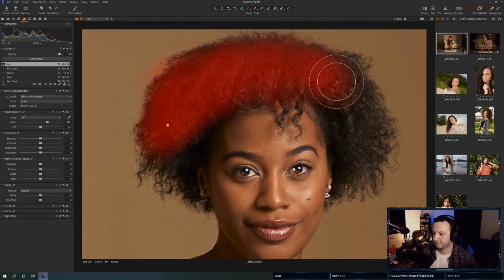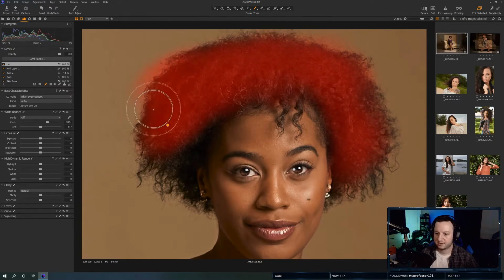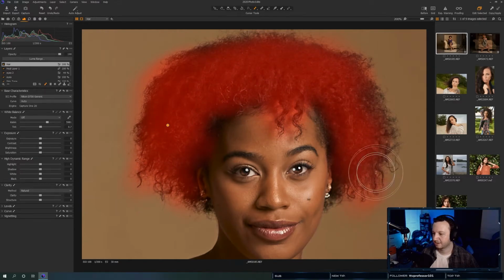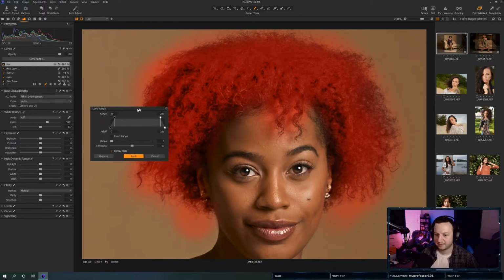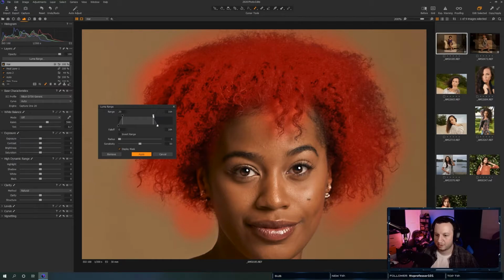And I'm going to apply a Luma, so I don't have to be so careful with this because she does have dark hair. So I know, and this is going to be kind of crazy and I hope it works. I should have tested it before I started talking, huh? But we'll see. So what I should be able to do now is do a Luma range. So I should be able to come in here and say I want it out of the highlights.